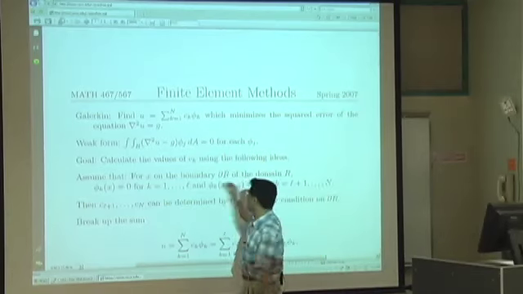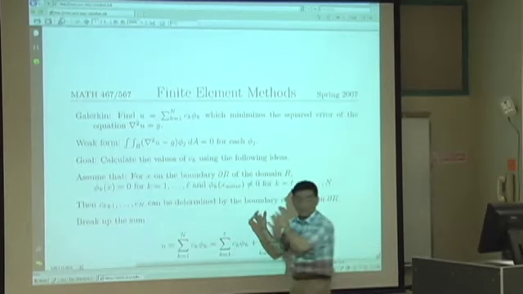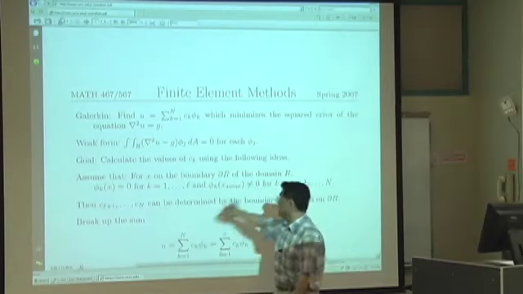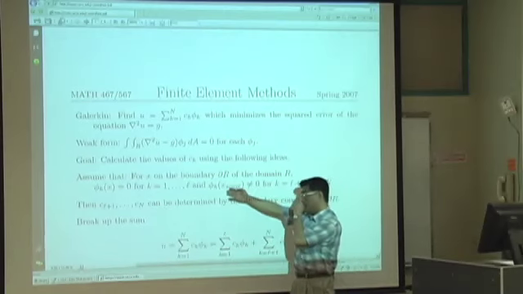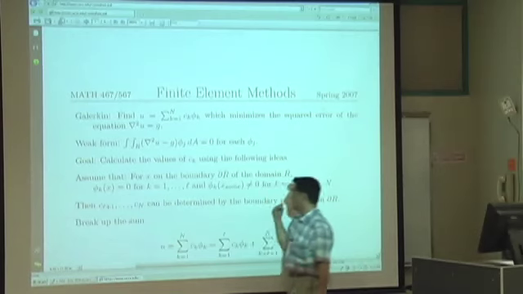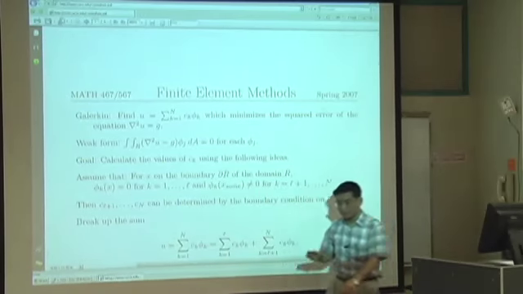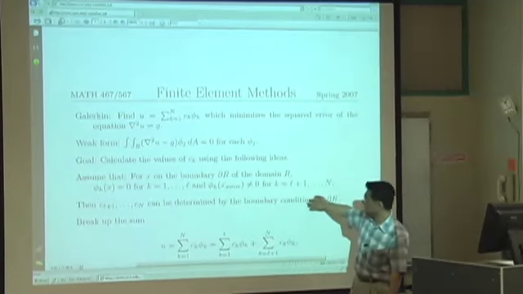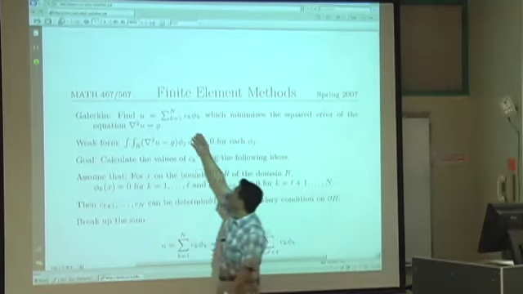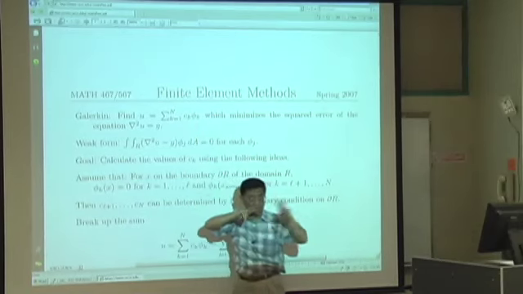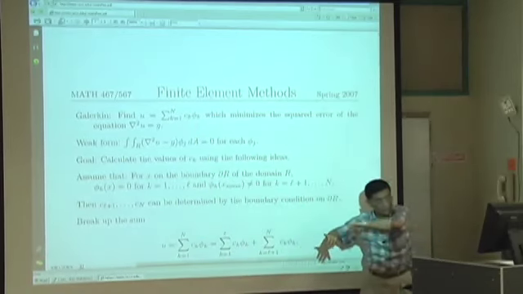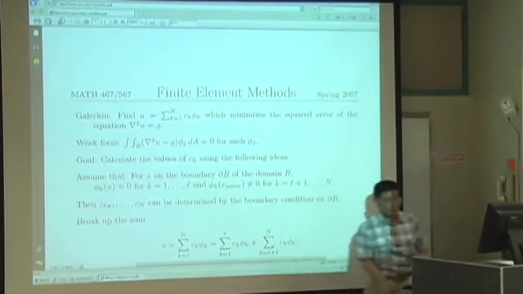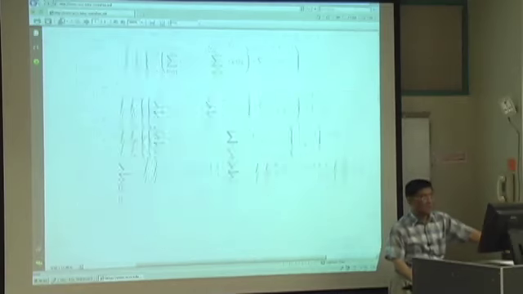So boundaries, and then these are separated, right? Boundaries and interior basis functions are separated for convenience. And then we determine the coefficients of the boundary by using boundary conditions given by the problem, right? So we know the boundary conditions. And then we break up this basis function times coefficient into two parts, boundary parts and interior parts. Boundary parts are already determined. So we determine interior parts. And then afterwards, we